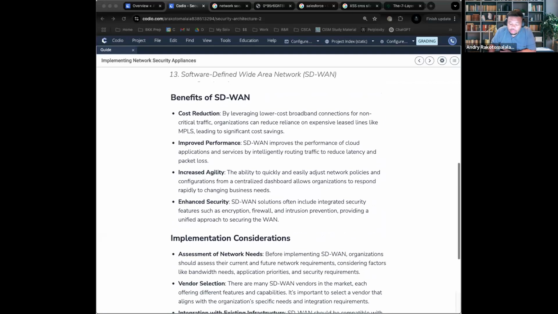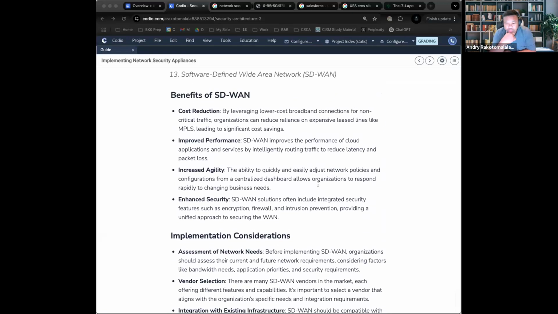So, what are the benefits? Why do we want this? Well, the benefit is that you have dynamic path selection, meaning that it can learn where the paths go. You can reduce your cost, and then you can essentially have stronger security because it saves you some time. That's why agility is on there as well. It increases your ability to scale and reconfigure your network as needed because you're doing it through a software as opposed to manual.